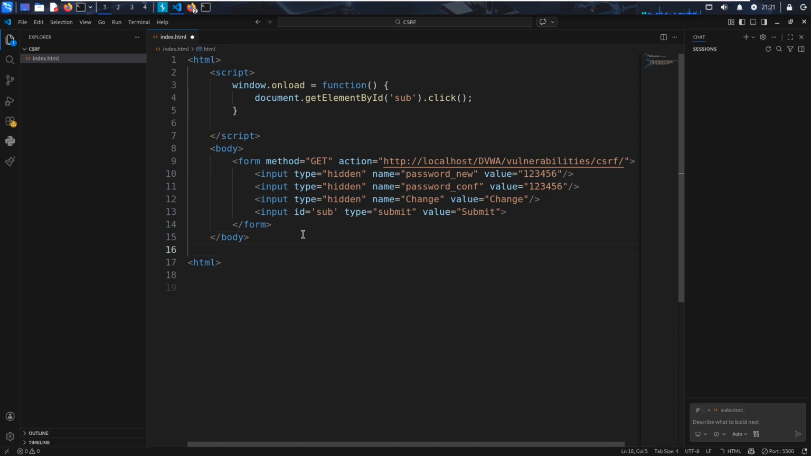Traditionally we used the iframe to perform such a CSRF attack, but because of the security features of browsers nowadays, it's not easy. The same goes for the image. For example, we can put this address here to change a password. Anyhow, we have already demonstrated how to generate a CSRF